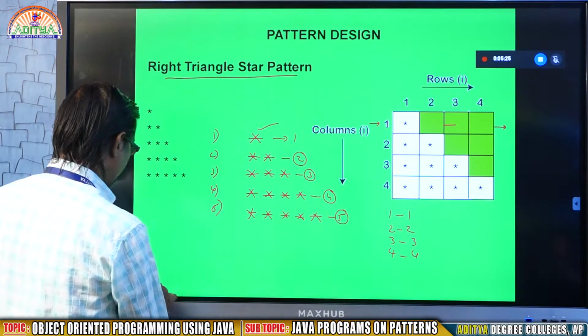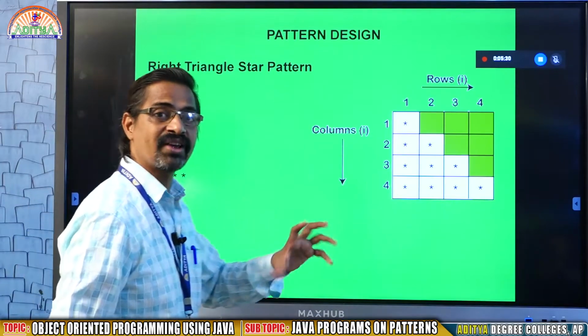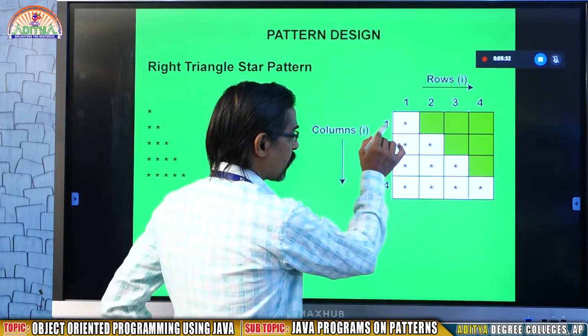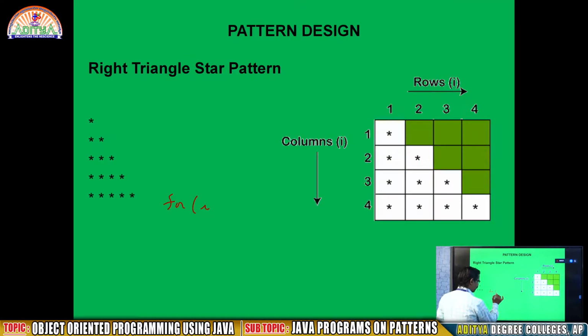So in a simple sense, this concept is very easy when you are using nested for loops, because here I am observing how many rows? 4 rows. So I write like this: for i equal to, from where are we going to start? We start from the first row, i less than or equal to how long? 4, i plus plus. See here, 1, 2, 3 means first row, second row, third row, fourth row. That means rows from 1 to 4. In case rows are 10, 1 to 10.